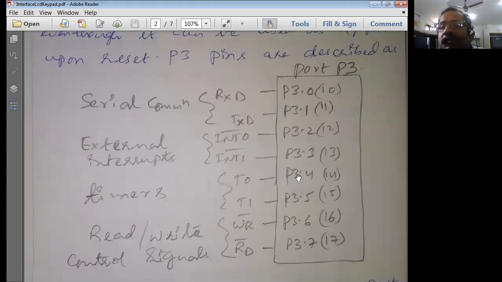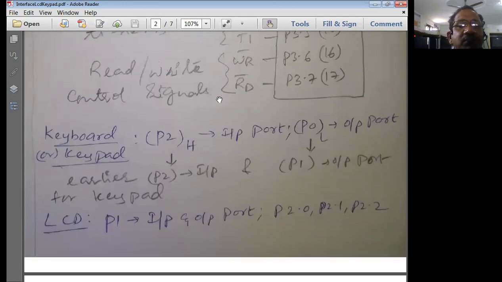So you have to use these pins only for those specific operations that they have been reserved for. You really cannot interchange one pin with other operations. That is the reason why you should know all these pins specifically. So try to mug up these pins, so that if any question is asked on port 3, you can easily write the pin diagram of port 3 and write down the functionalities of port 3 very comfortably. So please mug up this port 3. Very important concept, port 3.